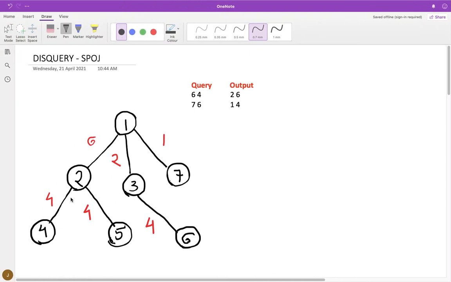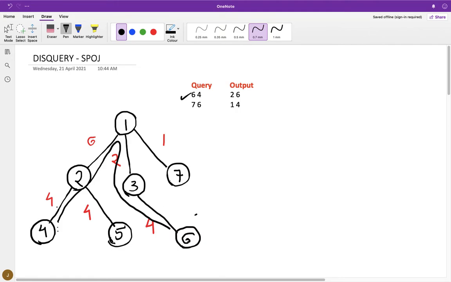So let's look at some examples. Here, as you can see, this is a tree and the numbers written in red are the lengths of the edges. For the first query, 6 and 4, this is the path connecting node 4 and node 6, right?